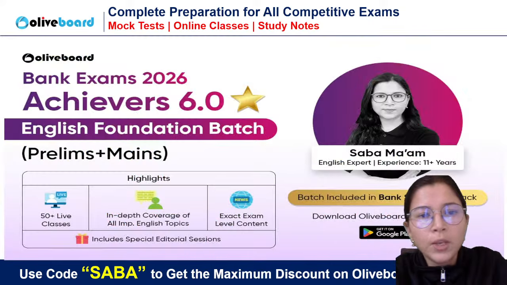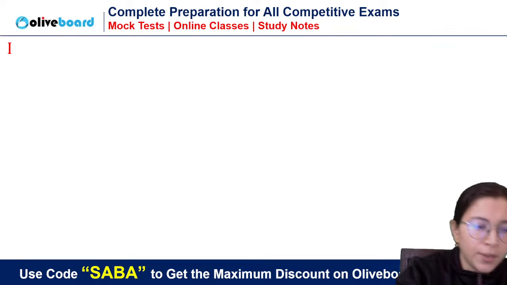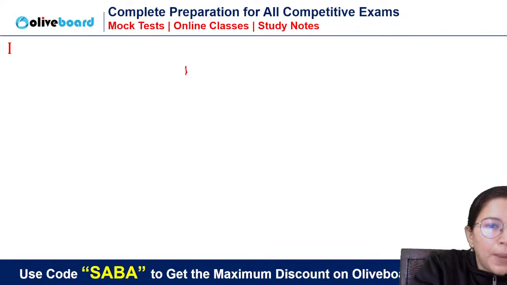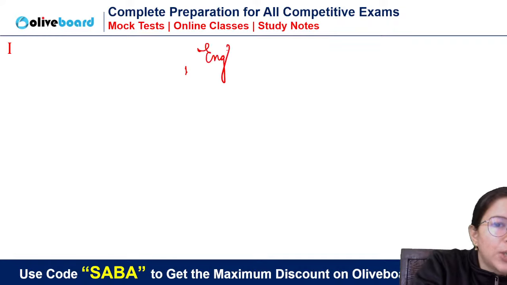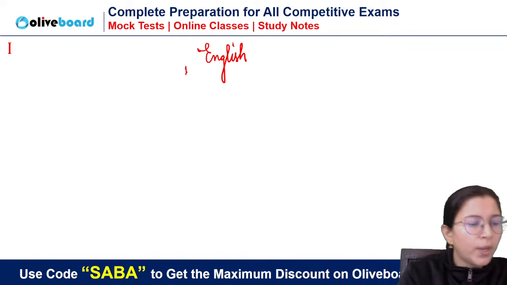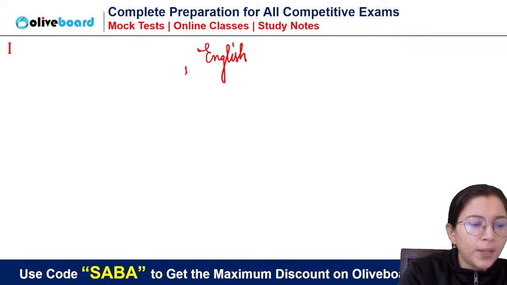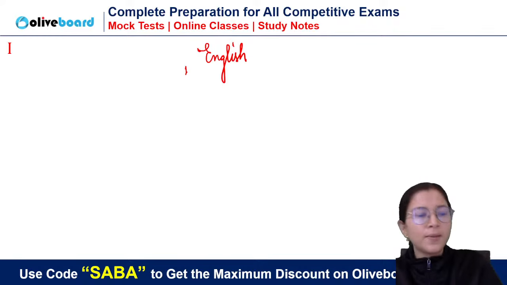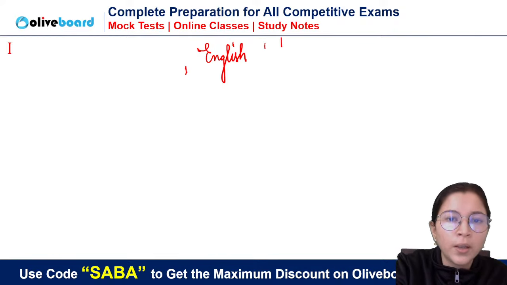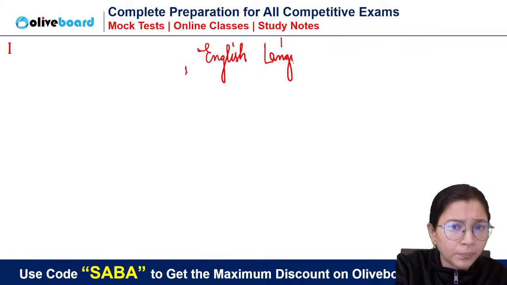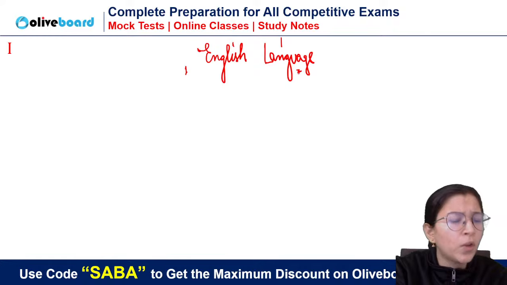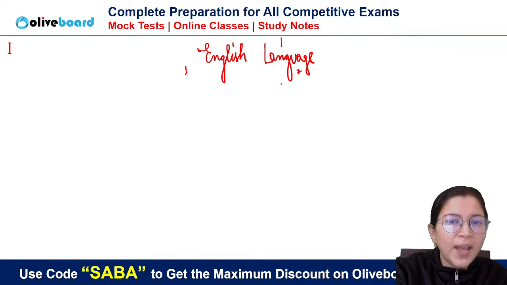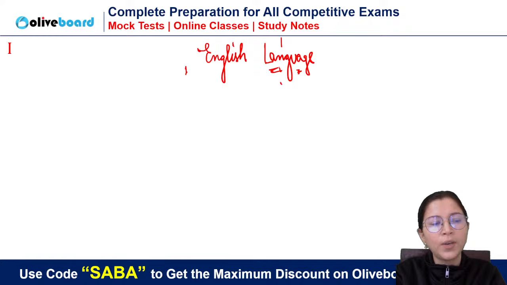So, first of all, you know that in any exam, the paper of English that comes is English language, clerk or pre. In clerk or pre, the difference is only of the level, the difference is never of the pattern. In pre and in mains, in clerk and PO, in all the exams, the English language paper comes. Remember that. Now, if I ask you, what do you mean by the word language? Who will tell me here? What is language? Is it only grammar?